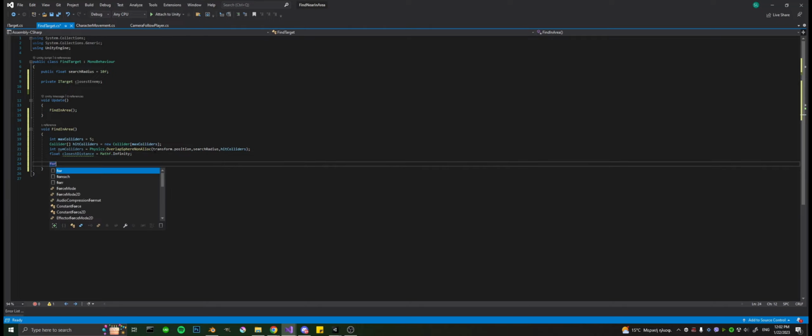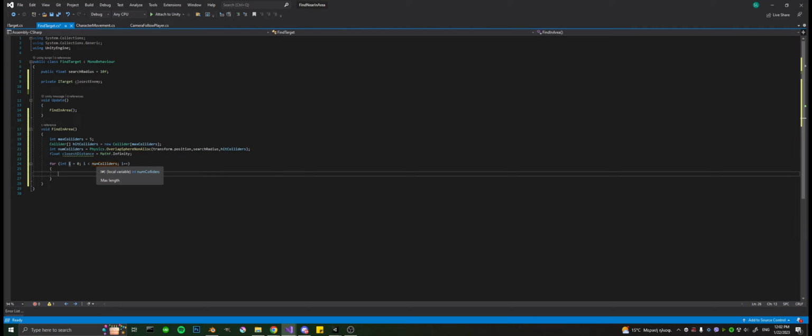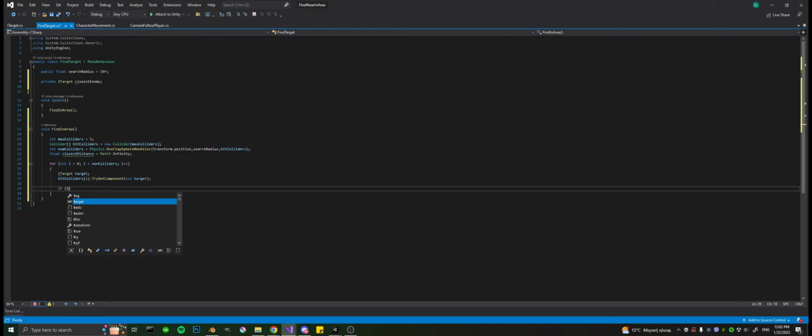Moving on, we need a for loop to iterate through them, so for the number of colliders, we need to check for a target. Right now we're passing a reference to our interface, so as it iterates through them, for each collider it checks, we need to do hitColliders[i].TryGetComponent out target. So as it's iterating and hitting colliders, Unity is trying to get the component. Does it have a target interface? If it does, so if target is not equal to null,